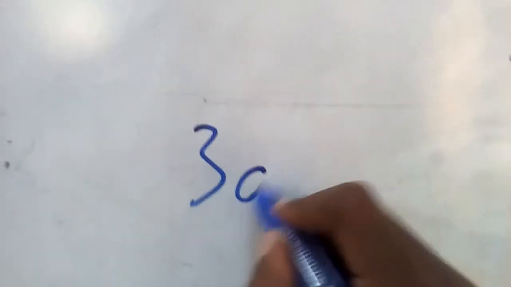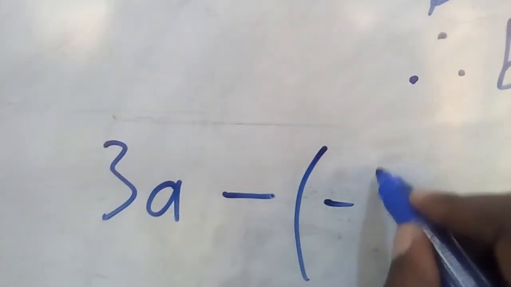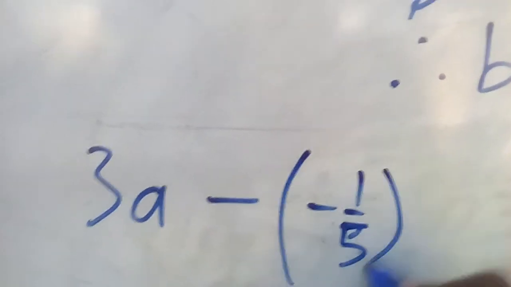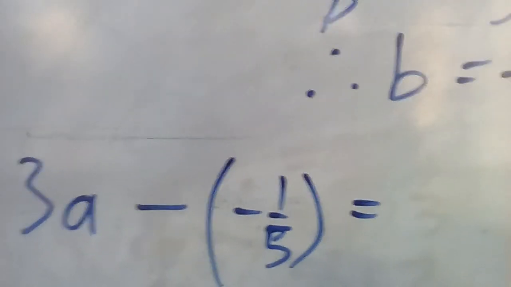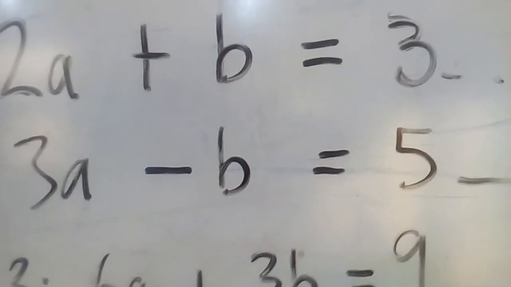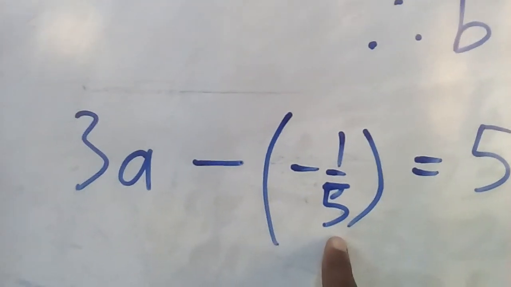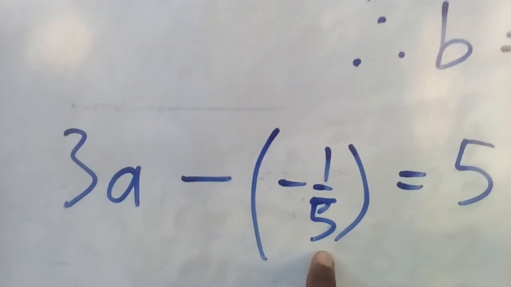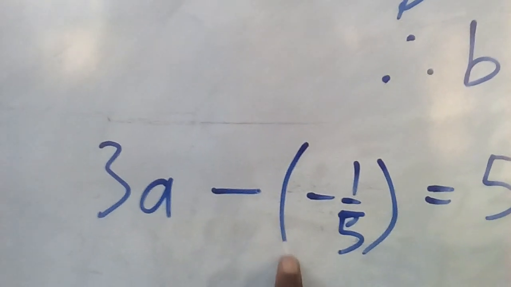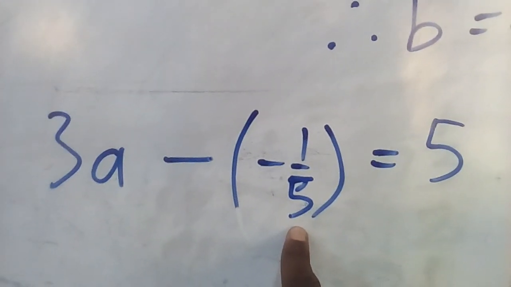So let's see how it would play in equation 2. I would have equation 2 is 3a minus, now instead of b, we would put the value for b in a bracket, and then we would have equals 5. All right, so let's take a look at it again. And this is how it is when we substitute. Now I have a 5 in the denominator here. I have a fraction, so I would simply take care of that fraction by multiplying all the terms by the